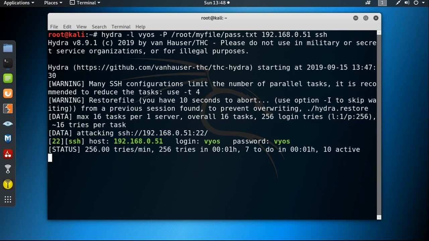Okay, we got the user ID. Login name is vyos and password is also vyos. So we got the password vyos.